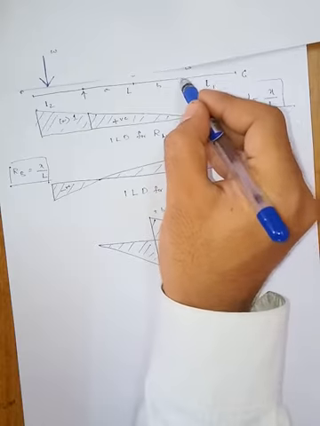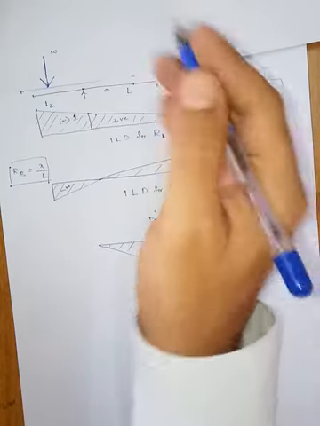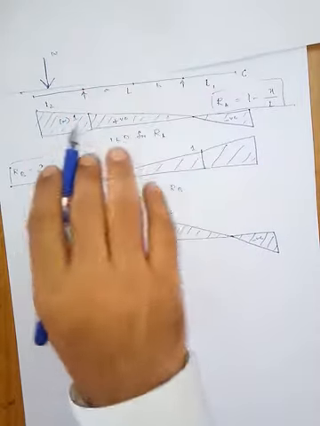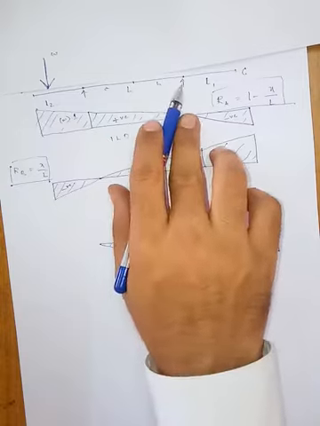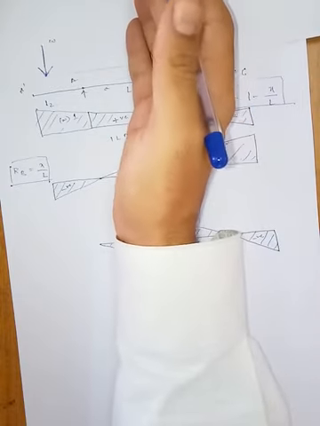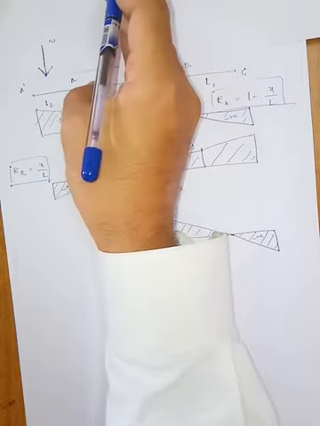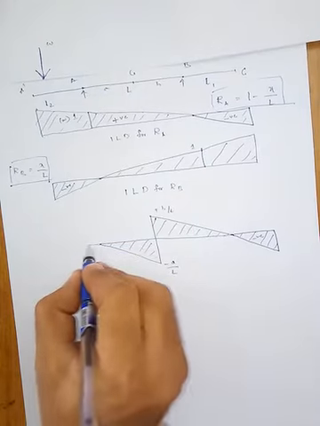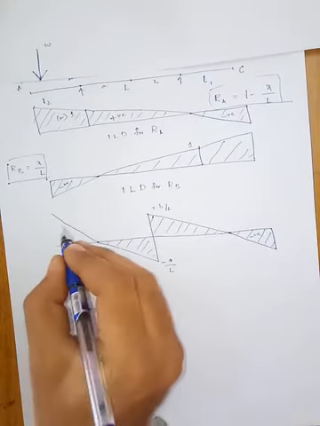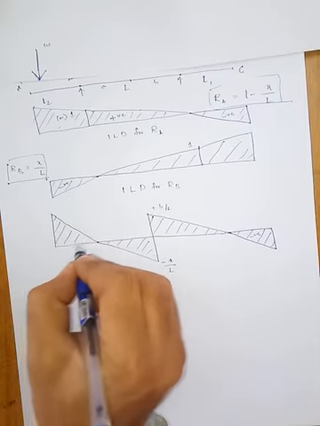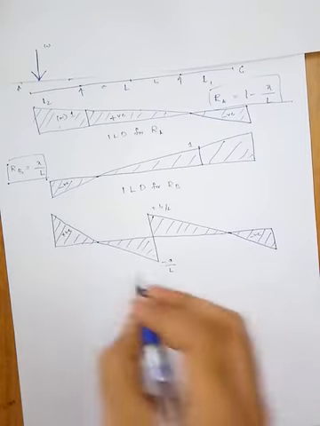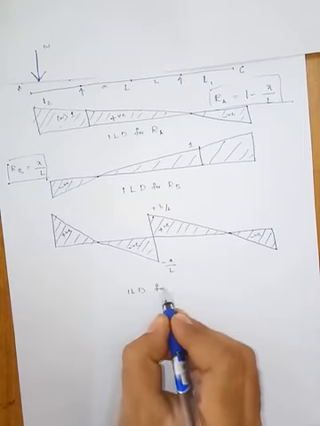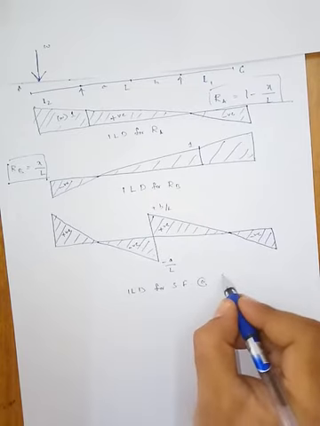If it moves beyond A, what happens? This b becomes negative, so RA will be more than W. Only one force is pushing upwards, two forces are pulling downwards. So if you take the section to the left, RA will be more than W, so RA minus W is more than 1. It will be positive. This is going upward. This is positive, this is negative, this is negative, this is positive. This is the ILD for shear force at C.